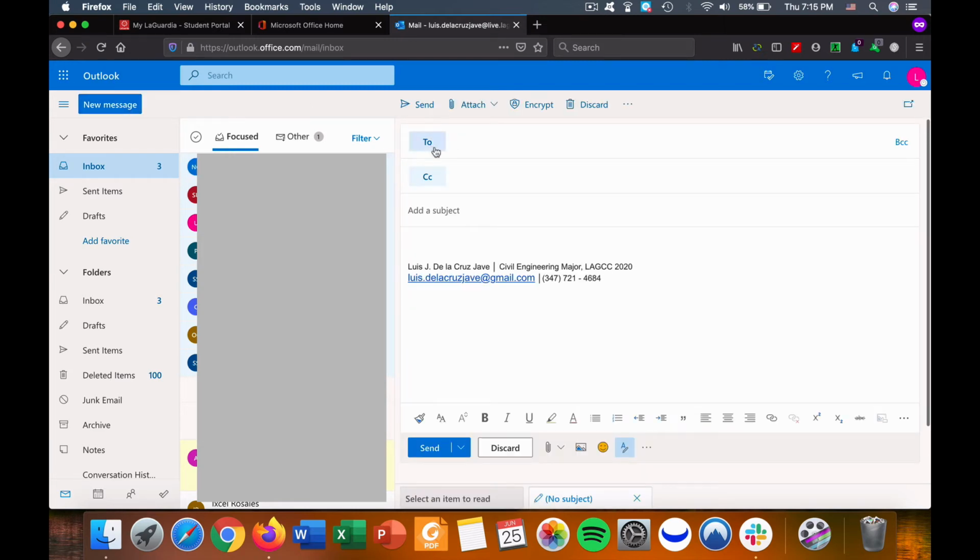and then you will see To, CC, add a subject, and then you can just write an email over here. So now in To you will have to write the email of your SSM or SSMs, and in CC you will have to write the email of your professor. Then in subject you will have to write the class and the code, and then you will have to write your email. So you can just start with hello professor,